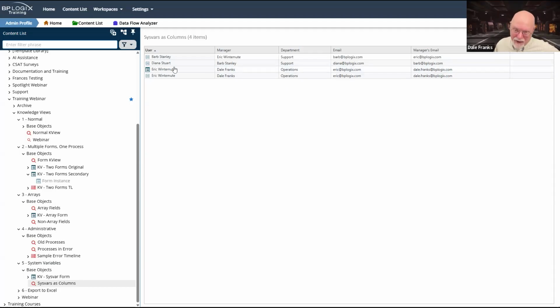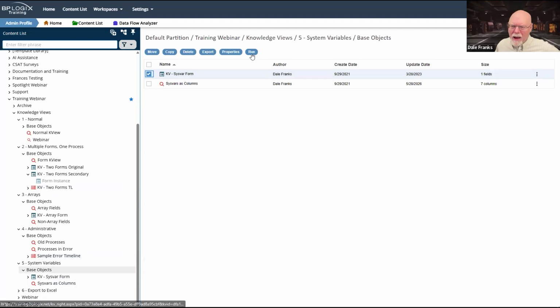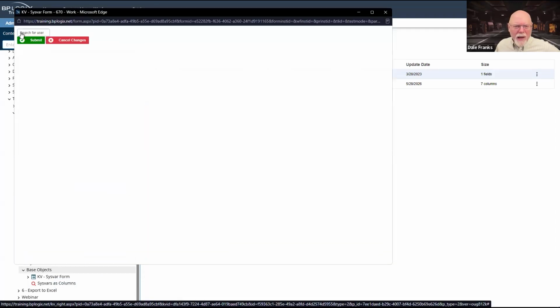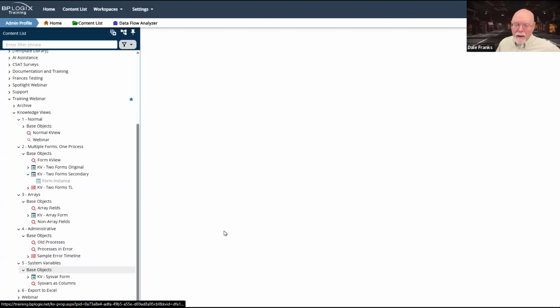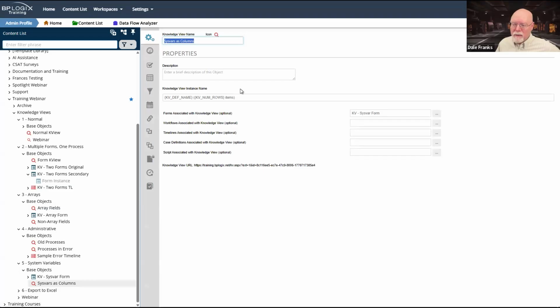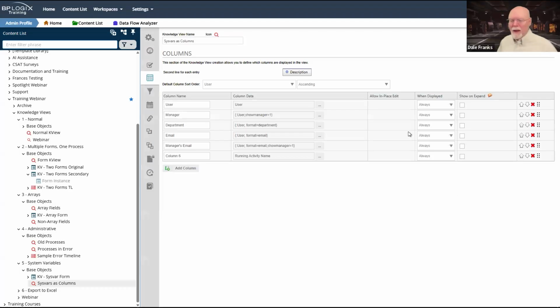In any event, we saw our form earlier, right? That form didn't seem to be all of that complex. It only has one form field, and that's a user form field. What is going on here? Well, what is going on is our use of system variables. If we go to the columns tab here, I only have one form field, and that is the user form field that exists on the form.